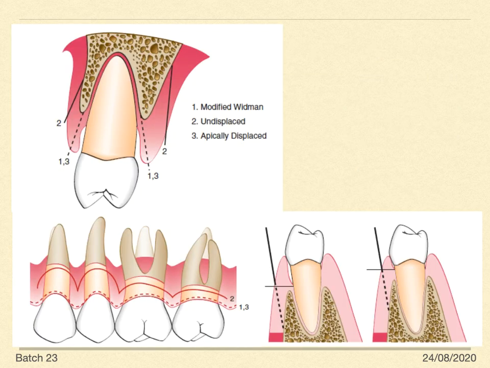So for the undisplaced flap, you can see the picture, the difference between the incisions in the modified Widman flap and the undisplaced flap. In modified Widman flap, usually the internal bevel incision is given 0.5 to 1 millimeter from the gingival margin and pointed towards the crest of the alveolar bone, whereas in undisplaced flap the incision is placed coronal to the base of the pocket and it's pointed apical to the crest of the alveolar bone. So that is the difference between modified Widman and undisplaced flap, whereas undisplaced flap is going to completely remove the pocket with the first incision itself.